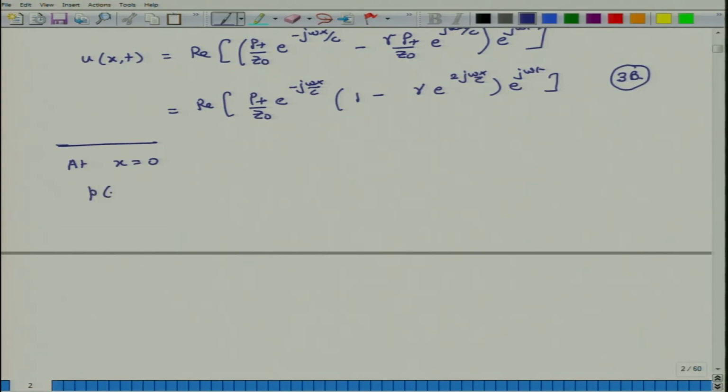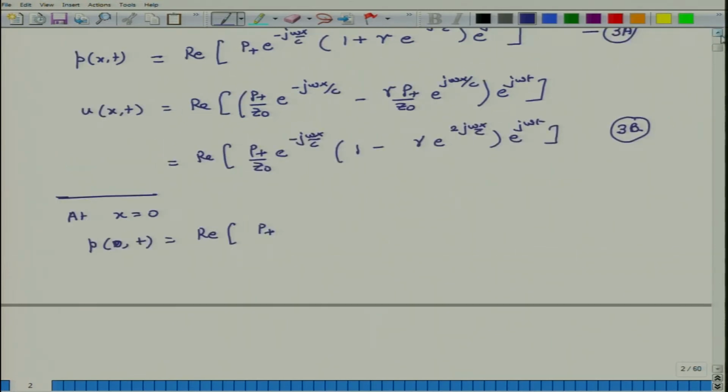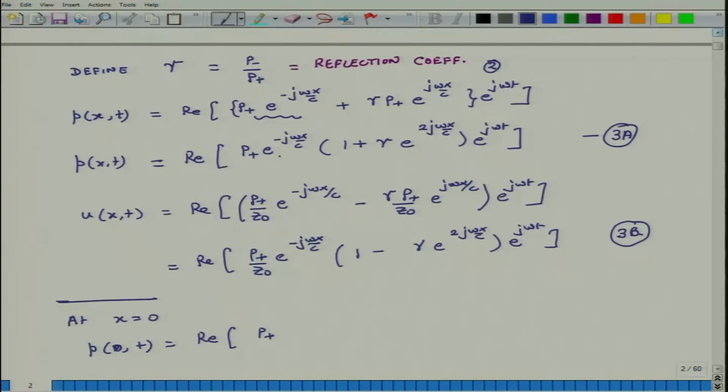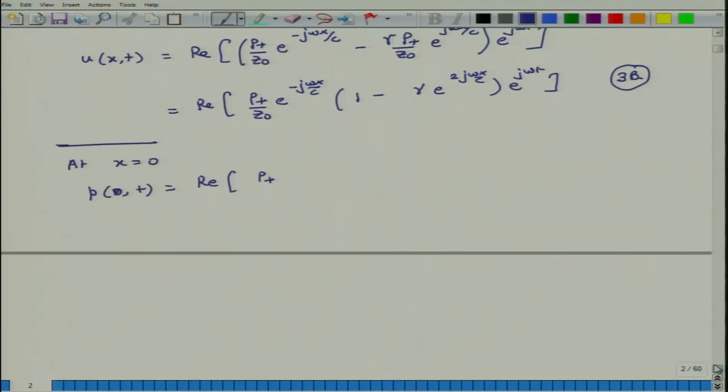Pressure at x equal to 0 is the real part of p plus, and if I put x equal to 0 in these terms, they just become 1. So, I get p plus times (1 plus gamma) e^(jωt),